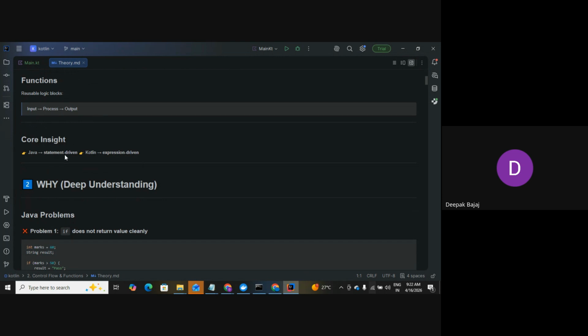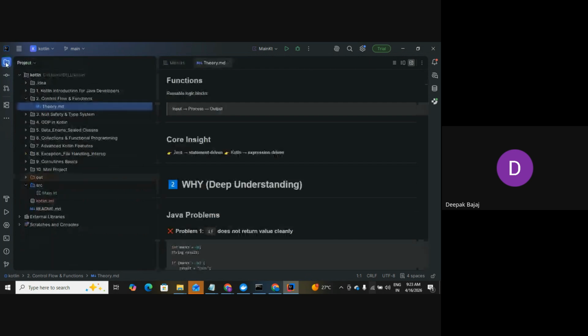Java is statement driven. Kotlin is expression driven. You can see statement driven, expression driven. Do you understand the point, or no? What is the difference? It means if we write an if condition